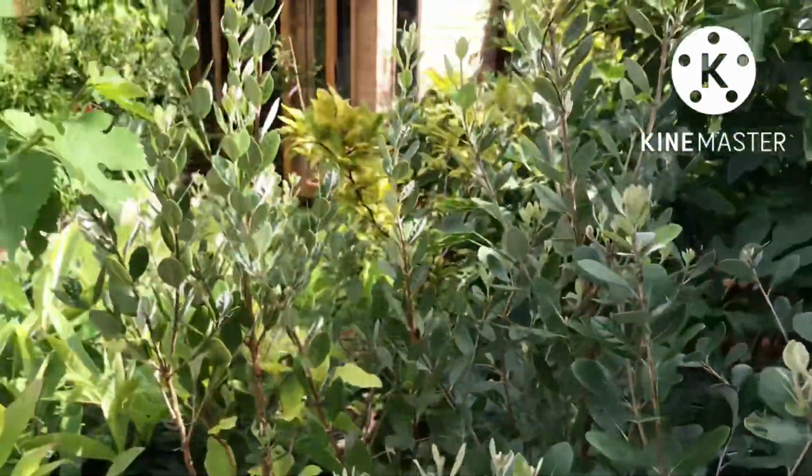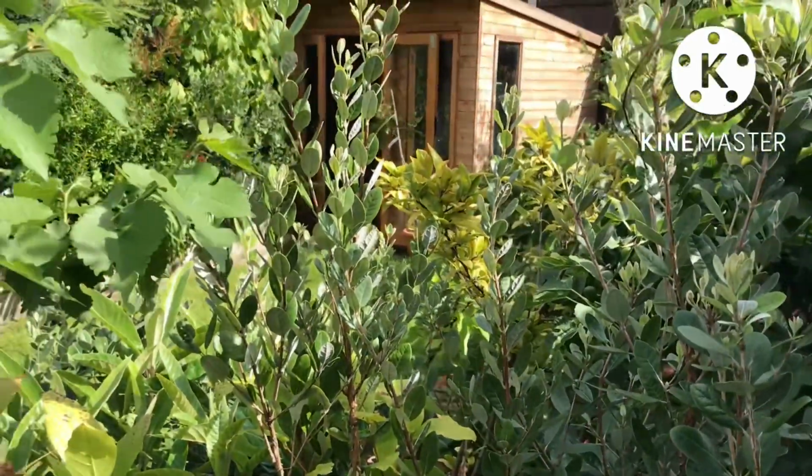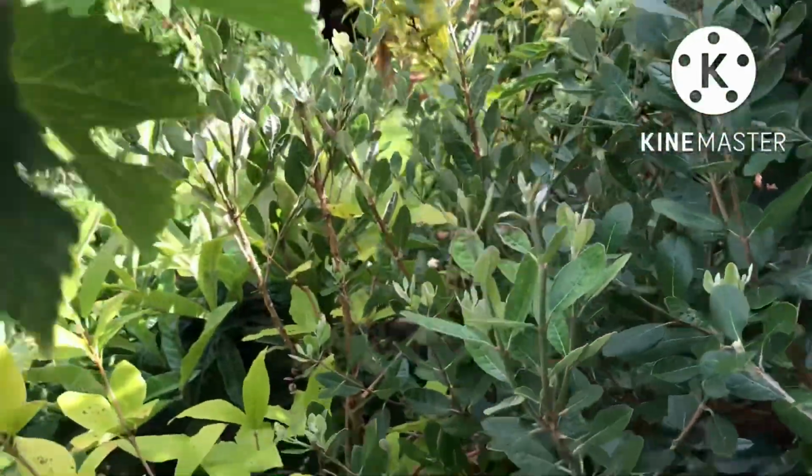You've got to keep on top of your plants' needs. So I think what I'll have to do is give them a light trim in spring, get them into much bigger pots, and we'll probably get flowers and possibly fruits next year. And then down here